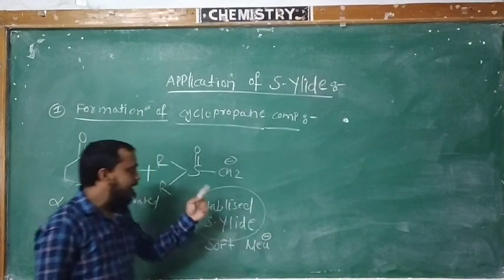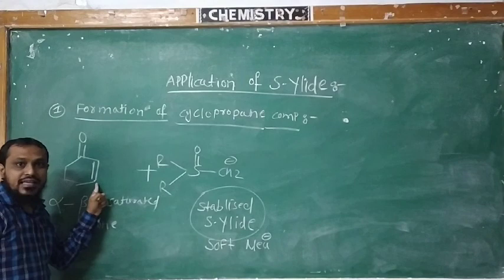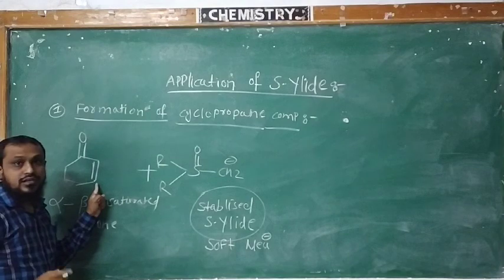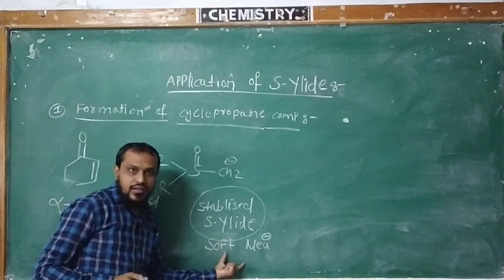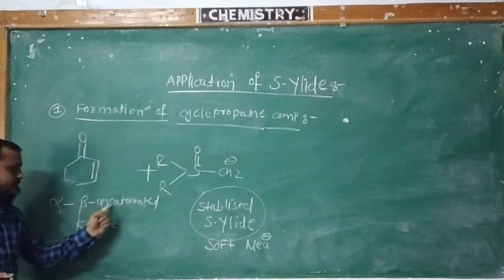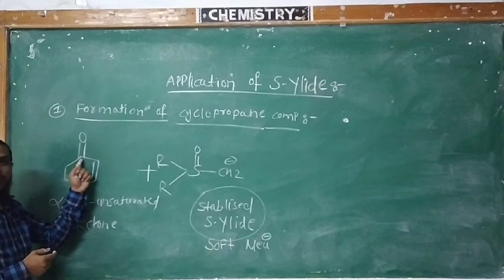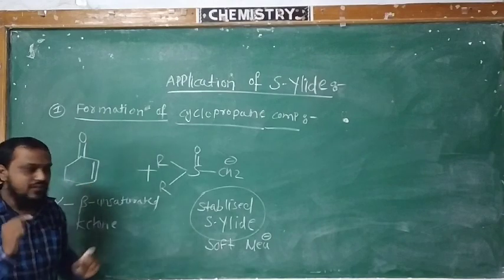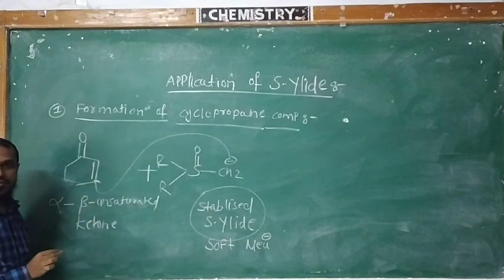Nucleophile, and it attacks the beta carbon atom of the alpha beta unsaturated compound instead of the carbonyl. Now listen, the stabilized sulfur ylide acts as a soft nucleophile and attacks the beta carbon atom of the alpha beta unsaturated compound instead of the carbonyl carbon. So in the first step, this soft nucleophile attacks the beta carbon atom of the alpha beta unsaturated compound,